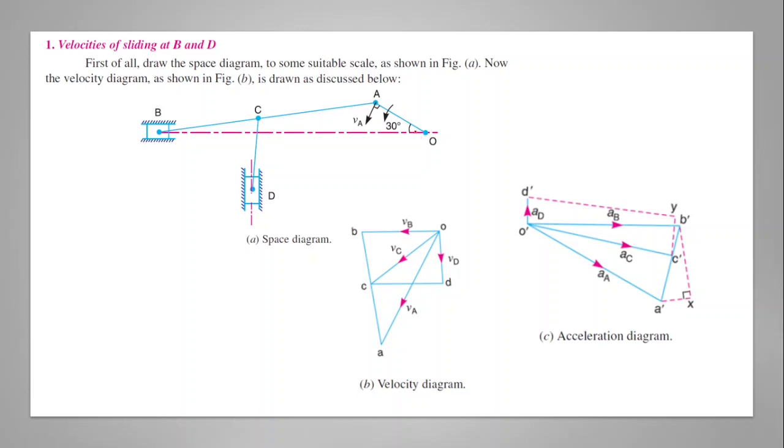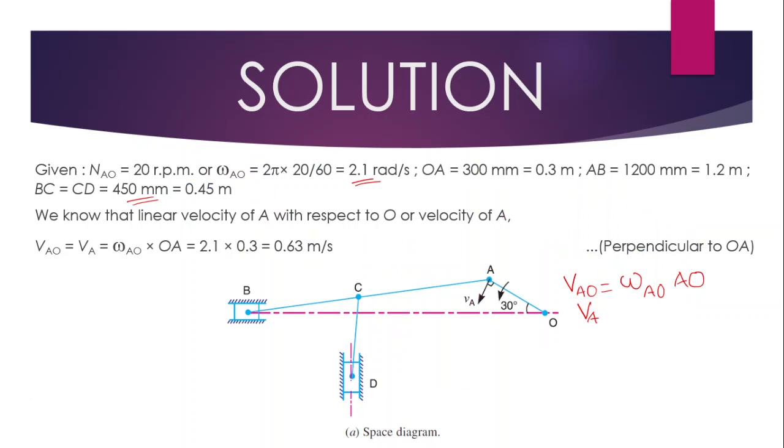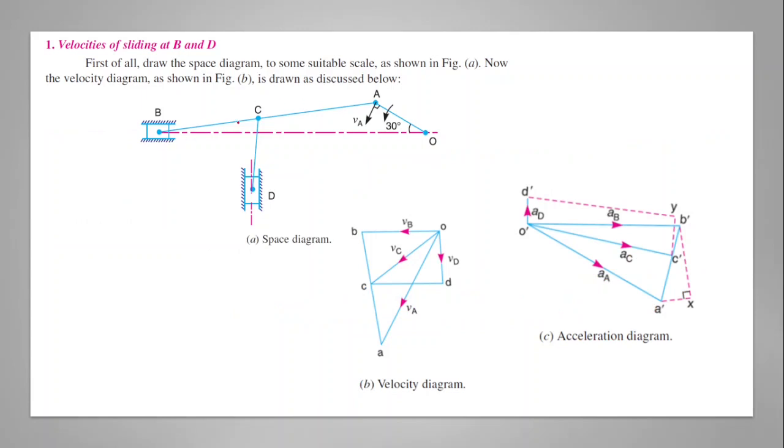We can take any convenient scale to represent that link OA. Then we can draw an arc with radius equal to AB and center A. Then we find the intersecting point of that arc and this horizontal line, and that point will become point B. Then we can identify the point C on link AB. Here the length AB is given, also length BC is given, BC is equal to 450 mm. Then we can locate that point C.